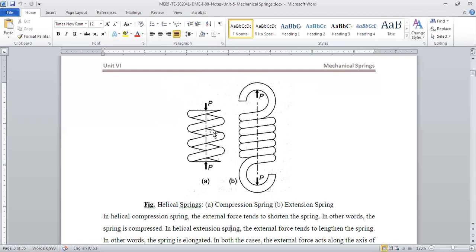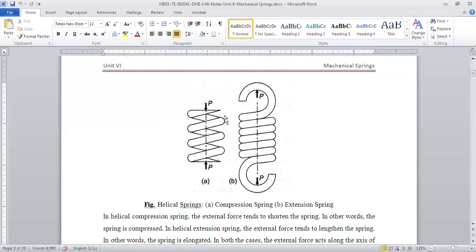If we have a straight wire, not like this, and we put a compressive or tensile load on it, it will have a tensile or compressive stress in it, right? But since this is a coiled wire, we are not having an axial load of tensile or compressive, but the end is twisting, right? Where the P is shown in the diagram, the load will try to twist it, and because of that there will be a torsional stress in the coil. The same thing is true with the tensile spring. When you are trying to pull it, you are trying to twist it.